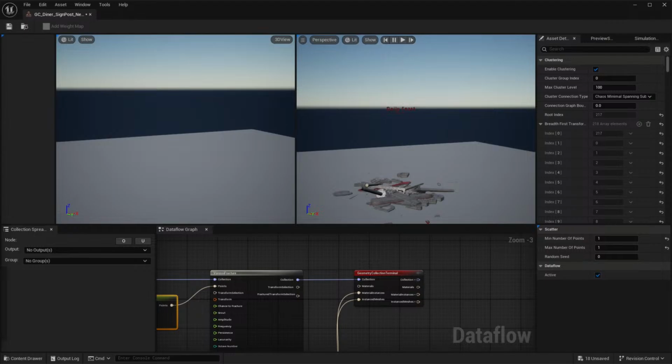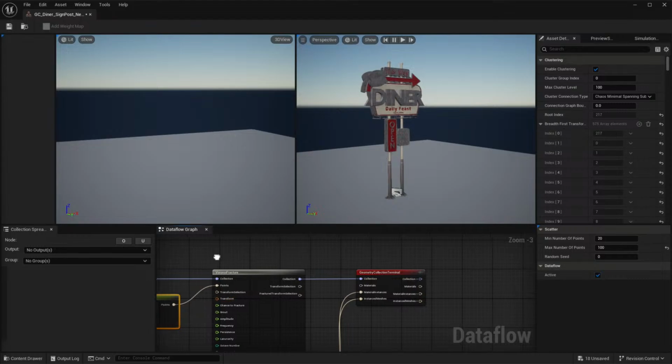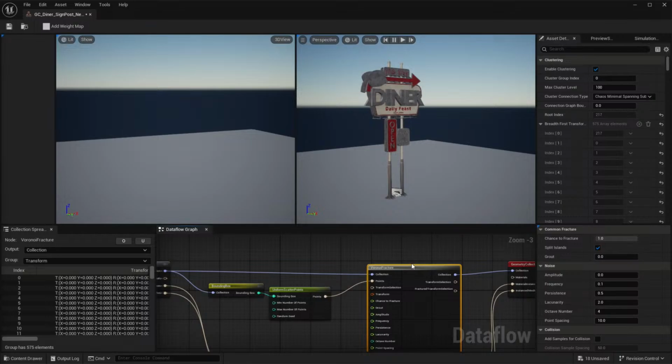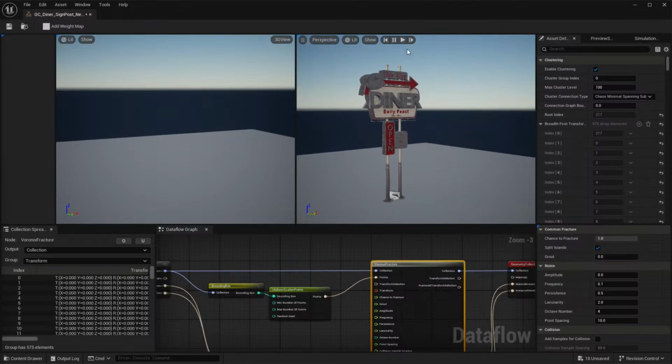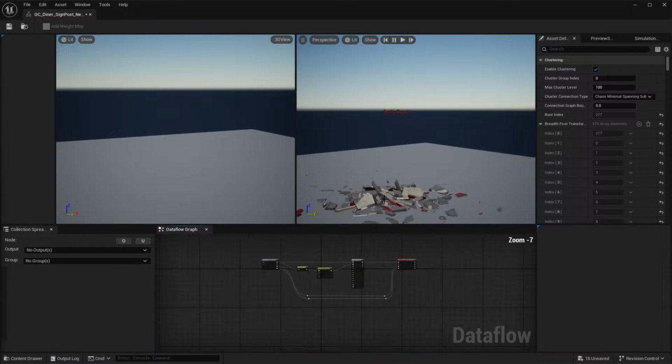Now, if we stop this and rewind it and put this back to the defaults, we'll go back to 20 points, and I'm going to put a max number of something actually really high, just to really overdrive the point here. We're going to fracture this into relatively small little chunks now. So this is the non-destructive nature. We're changing the number of points inside of here that this node is using to run through and do the fracture, right? So if we hit play, it's going to simulate it. Hopefully, you can. Oh, there we go. Well, lots of little pieces, right? Very simple. That's about as simple of a setup as you're going to get with this workflow.